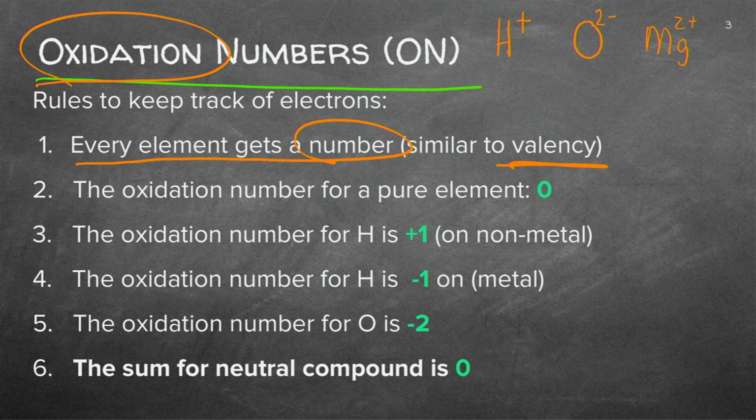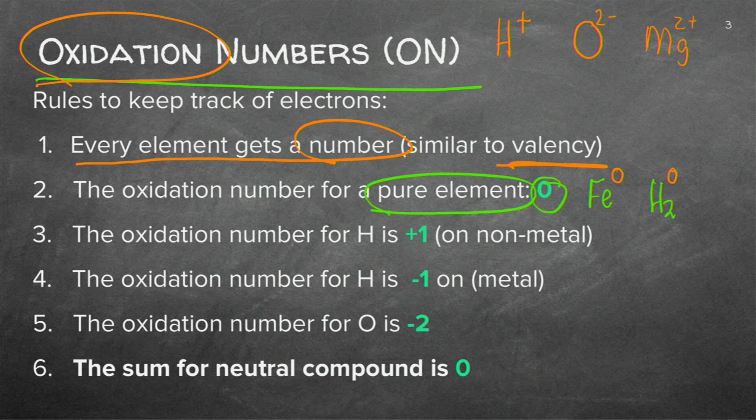The first rule is that you are going to apply numbers, and you have to know a pure element will always be 0. So what do we mean with a pure element? If we only have iron, or only have hydrogen, it can be 2 atoms, but it's only 1 element. That specific oxidation number will be 0. You'll see where we apply it just now.